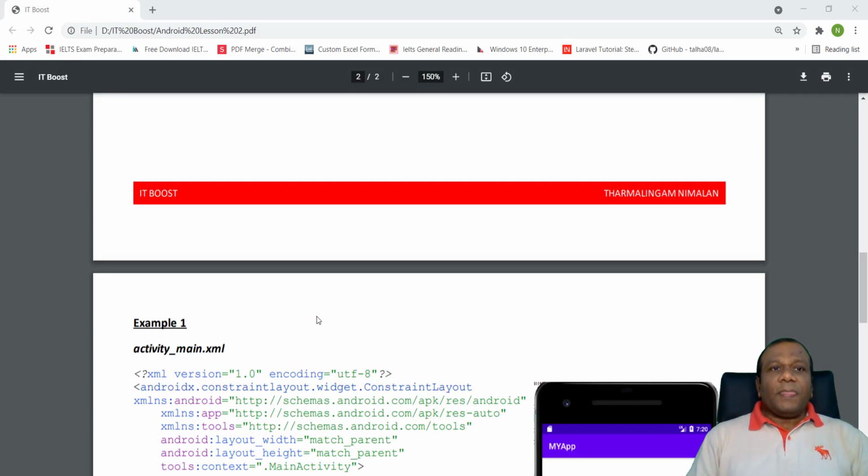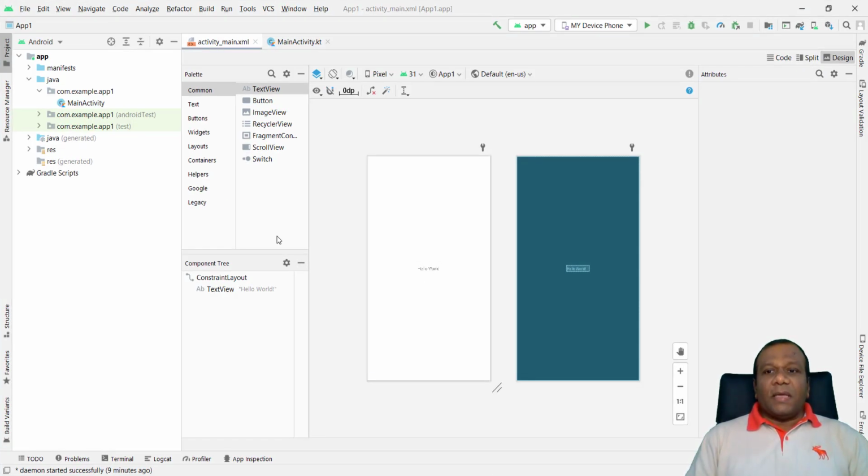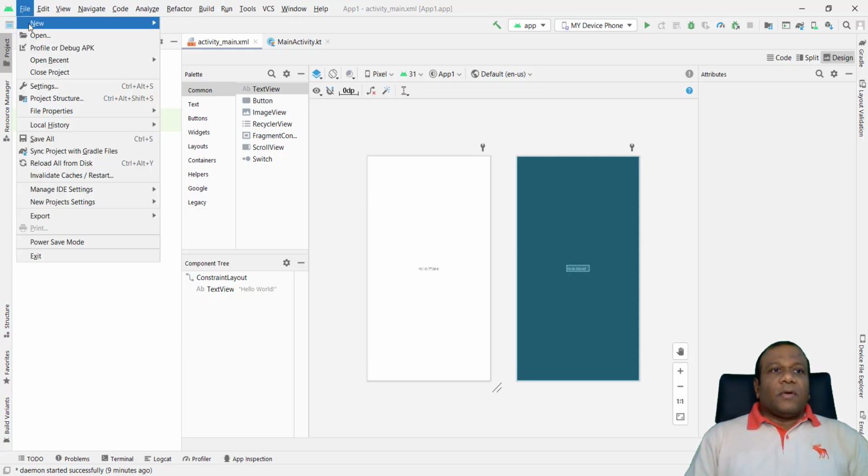So here I have opened my Android Studio. When you open Android Studio a second time, it will straight away open the last project you had opened. In my case, the last project is here. If you want, you can keep that one and go to File, New Project, or you can close that one. I'd better close that one, because if you have a lot of windows, initially you will be confused. So I will click File, Close Project.